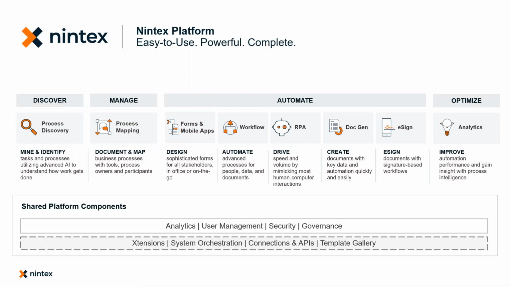Today we're going to focus on purchase and CAPEX requests, and we're going to look at a few of the individual elements, or somewhat combined elements, of the Nintex platform. So I'm going to start by having a look at the Manage section, which pertains to Nintex ProMap. So we've got a half-documented process that we're going to tweak, configure, and publish just to show how quick and easy that side of